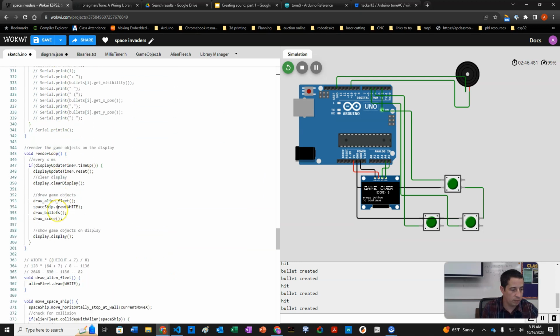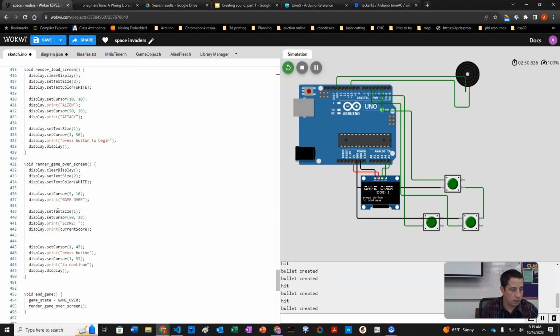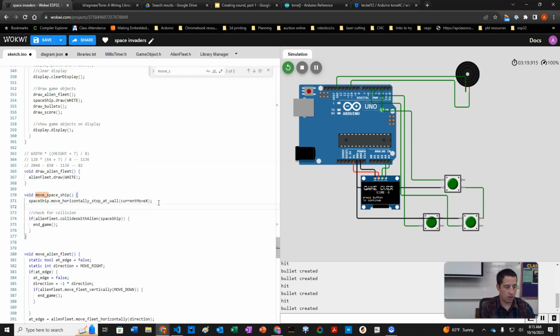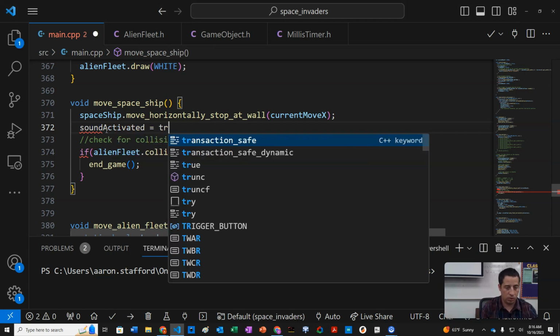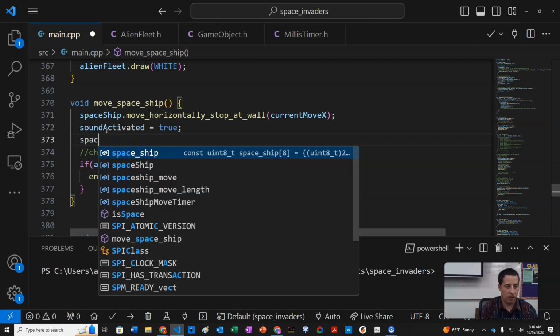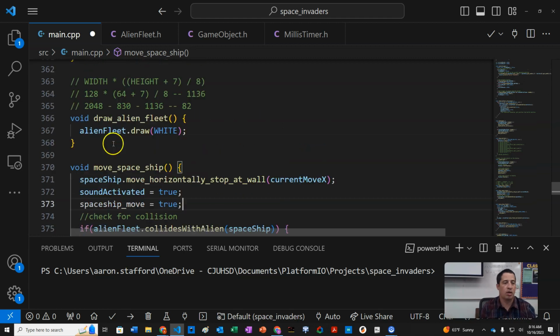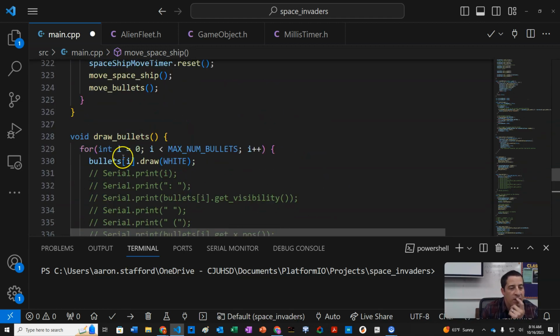So move spaceship. Let's find that. Okay, so now we want to add here, so we'll say sound, actually we'll finish this in the other, we'll say sound activated equals true, and we'll say spaceship move equals true to trigger that sound. And then the one thing that I was thinking of could happen is if our game